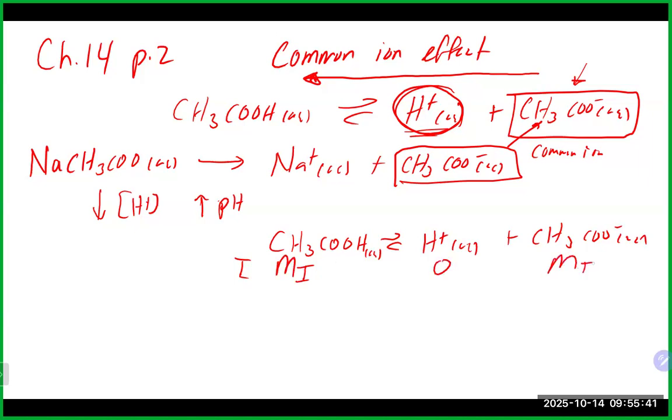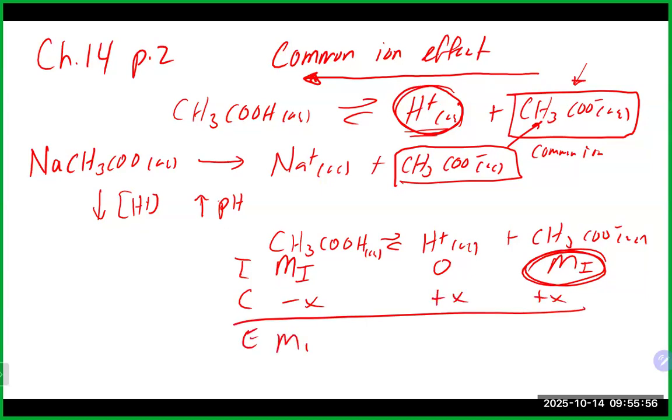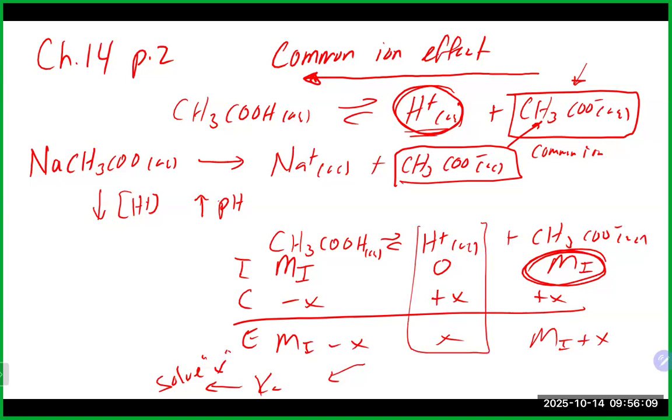Again, otherwise, you would be doing just a weak acid ICE table. The rest of the table is pretty much the same. And obviously, you could go into your Ka and solve for X. In this case, X would equal the H plus concentration,